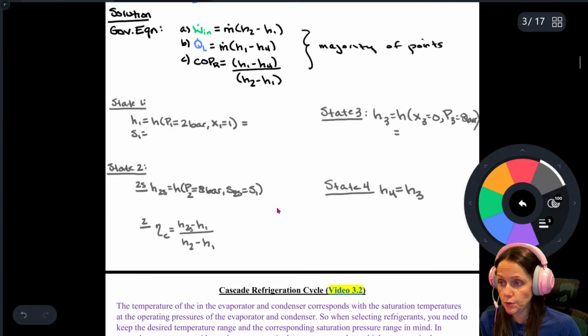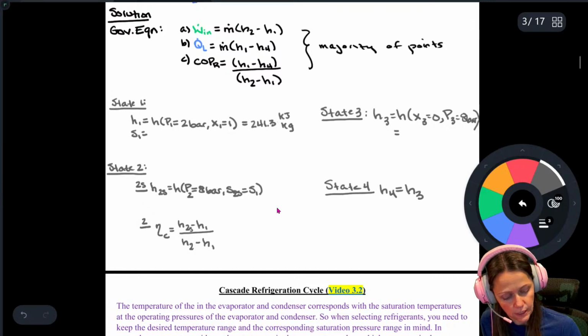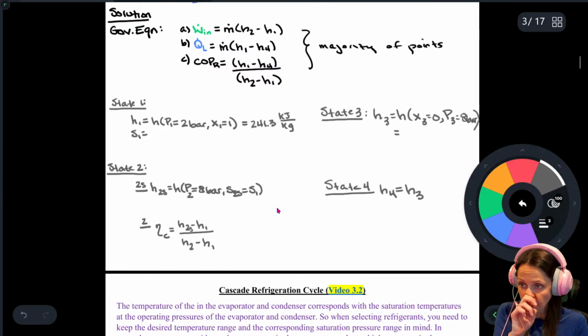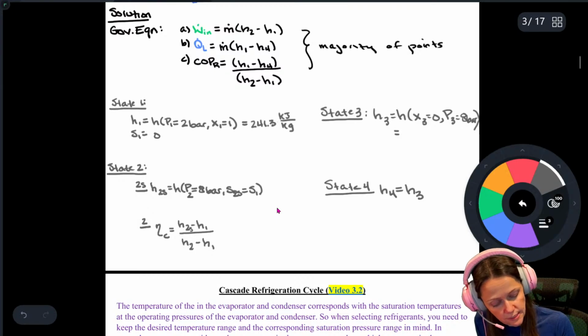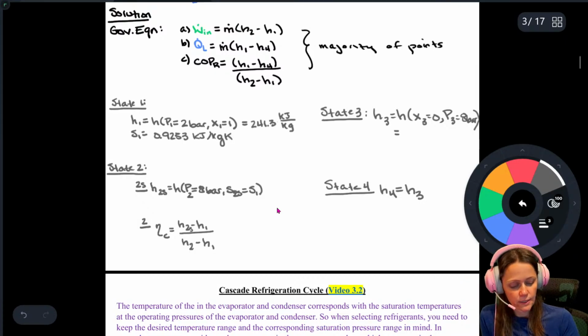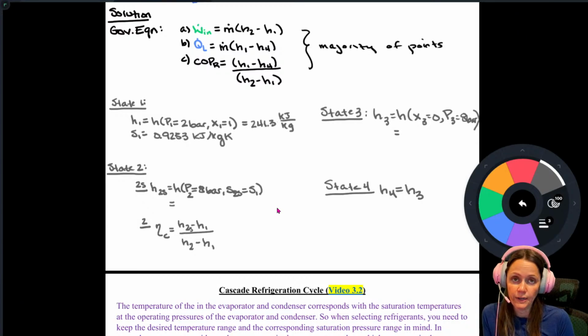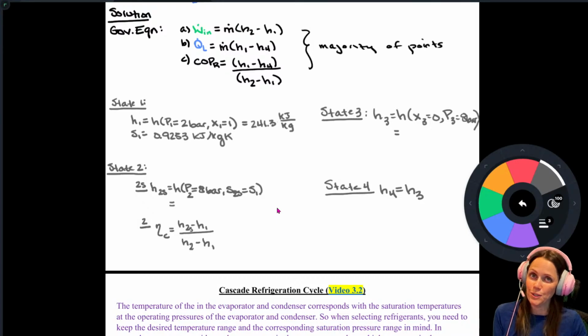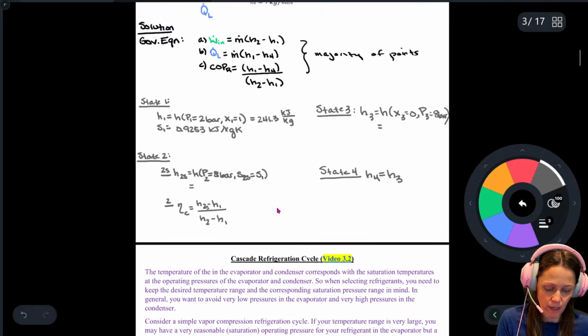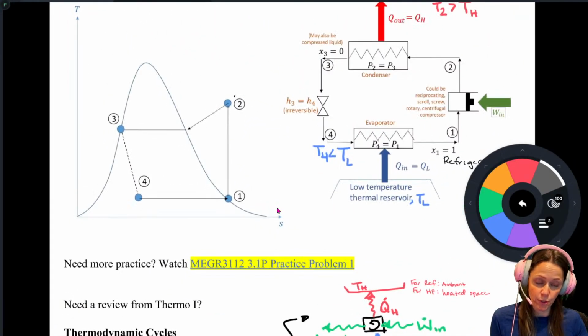And then your entropy is 0.9253 kilojoules per kilogram K. Over here, if it's at 8 bar and you've got an entropy of 0.9253, you sort of think back to what that T-s diagram looks like, because you know that if you're going in at state 1 as a saturated vapor and you're compressing,